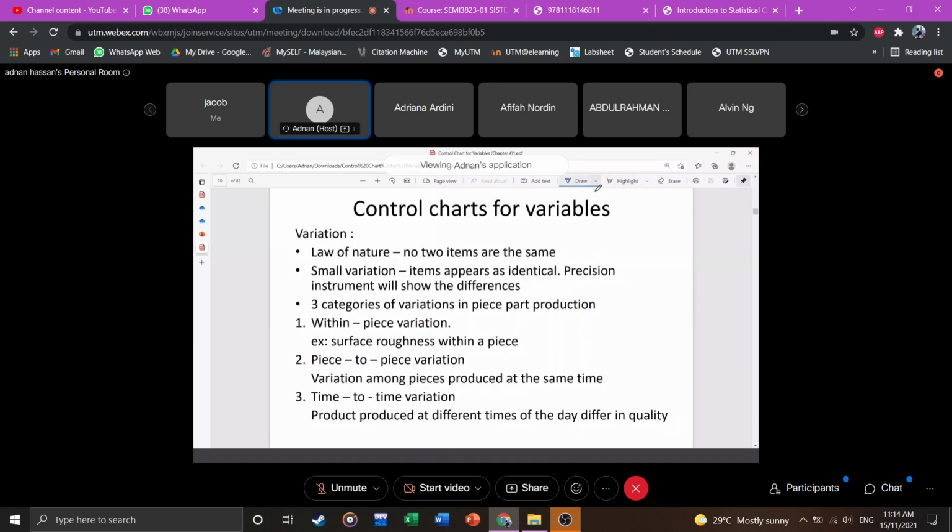So this control chart is like X bar chart and also R chart. These are control charts for variables. Okay, we have another chart, we call it attribute control chart. Attribute control chart is where we are using